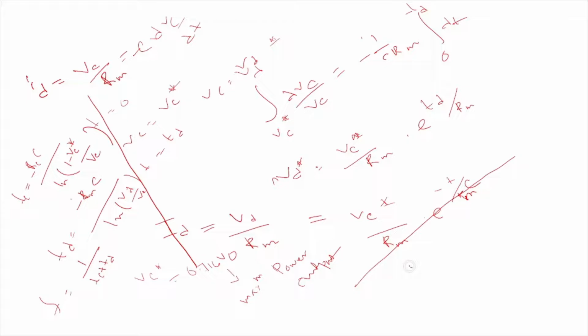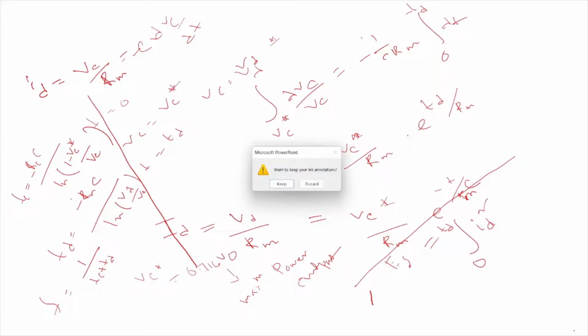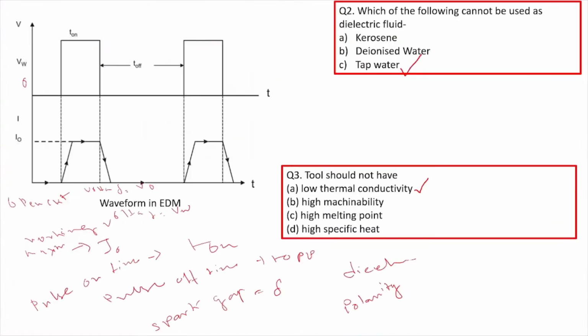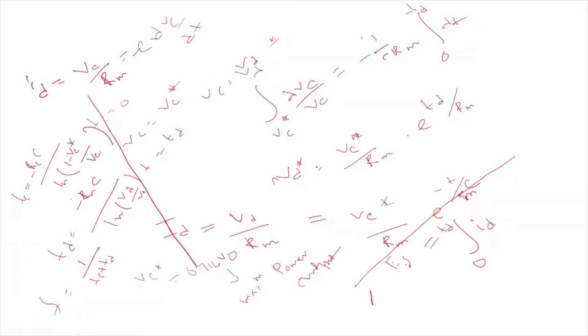Okay, so the spark energy, if we denote it as Es, will be the integration from 0 to discharging time of Id, that is the discharging current, into